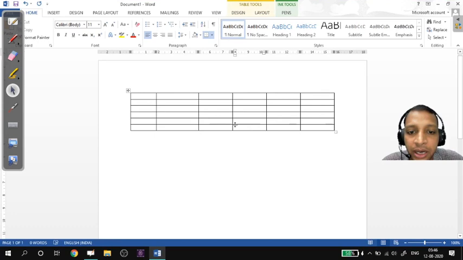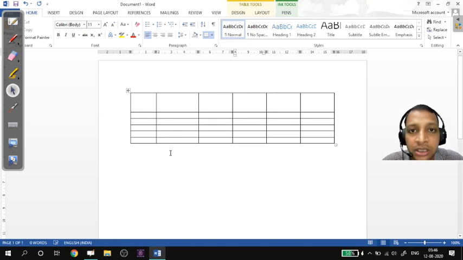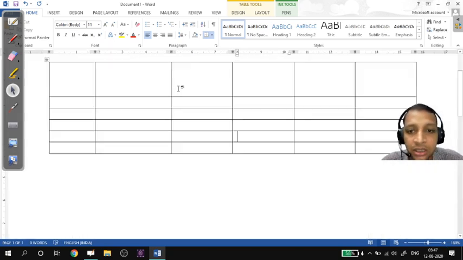So this is the minimum height. Supposing I increase it. You can increase or decrease the row height using the double-headed arrow. The double-headed arrow will come here like this for rows, and will appear like this for columns.